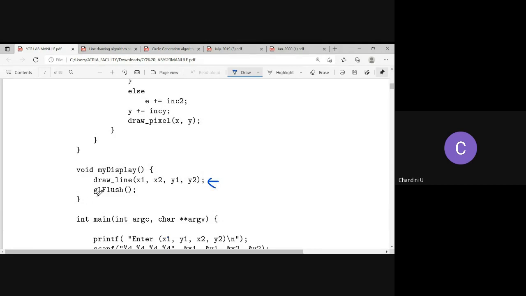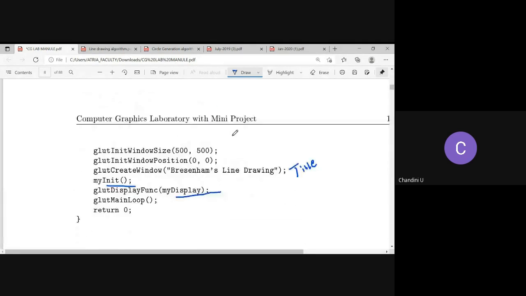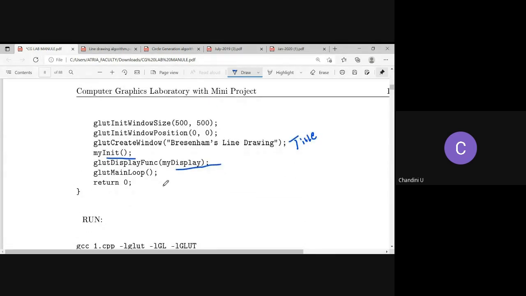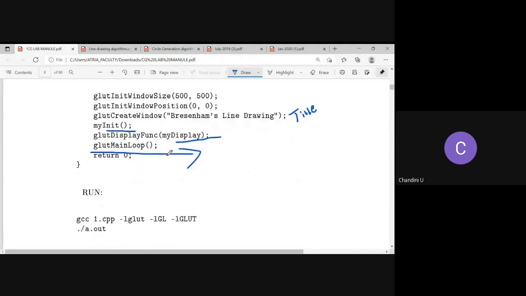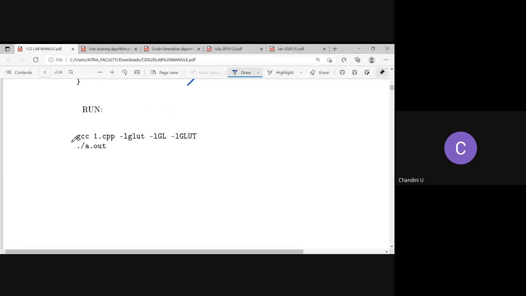Then you have to have this glFlush. Only if you give this command, the output will be printed on the screen. And in order for the entire program to work, you need this important command, glutMainLoop. Once this is done, this is how you need to execute the program. Let me show the output now.